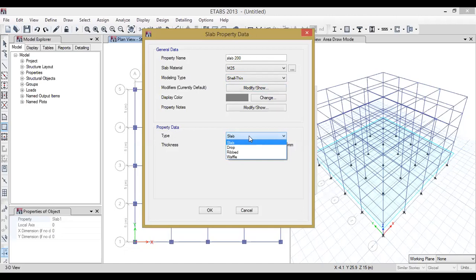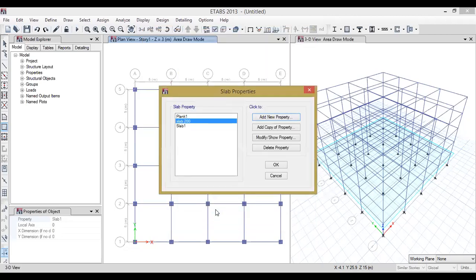For the introductory portion, let me define it as a simple type of slab and provide a thickness of 200 mm. After filling all this information, click on OK. So here the slab property Slab 200 is defined. Now again click on OK.